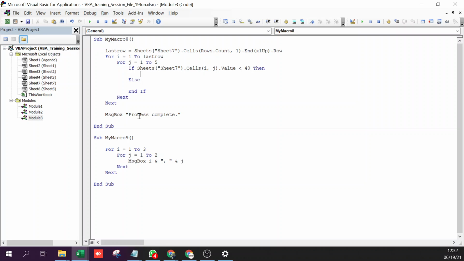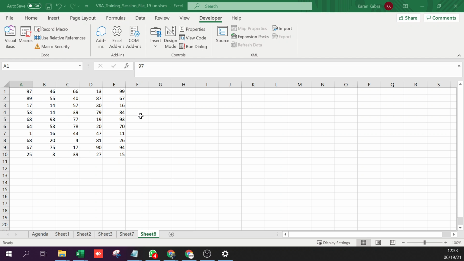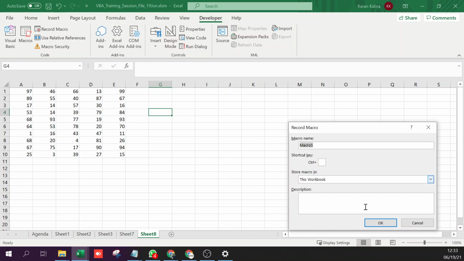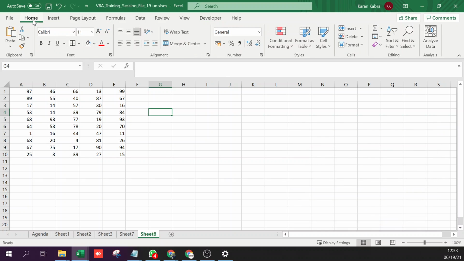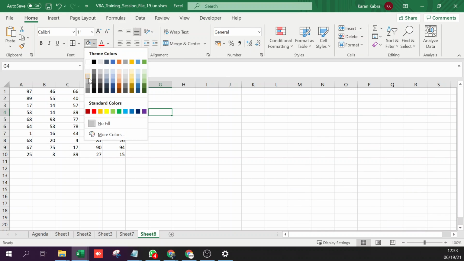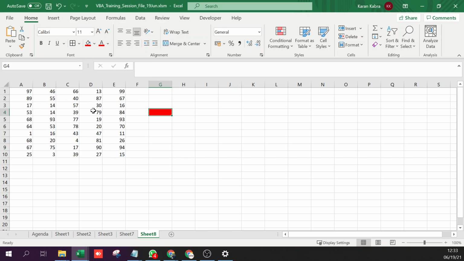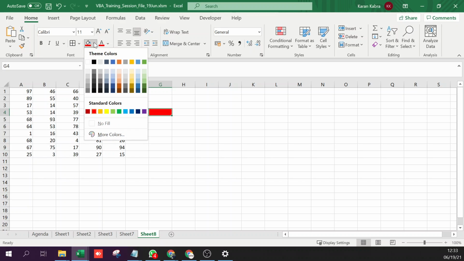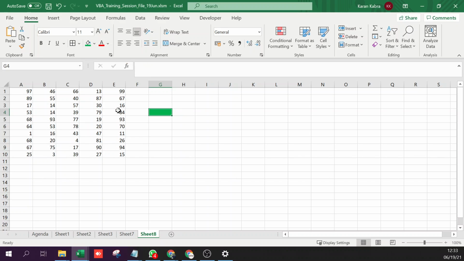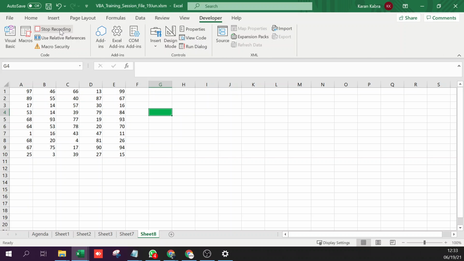Dot interior. Yes, so you guys remember dot interior, but you don't even need to do that. What you do is you straight away record. So let me record adding color and use the code. Absolutely. So the first recording that I want to do is for red color. The second recording I want to do is for green color, right? And I can again go here, I can stop the recording and I can check the code.